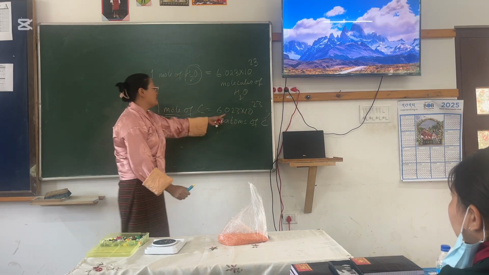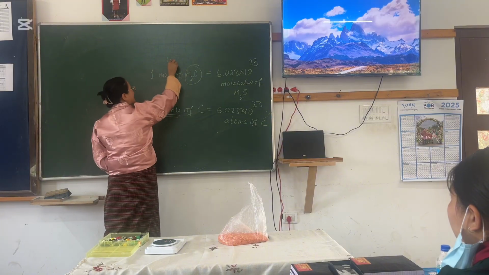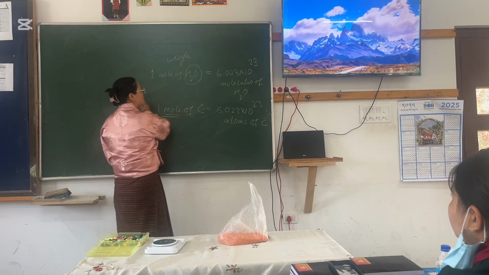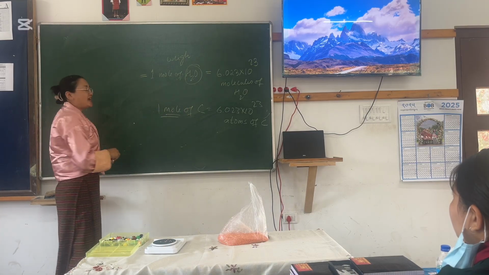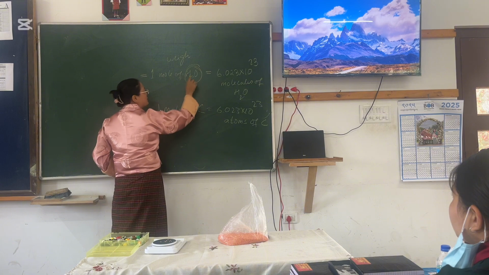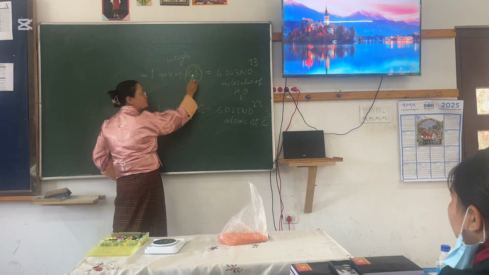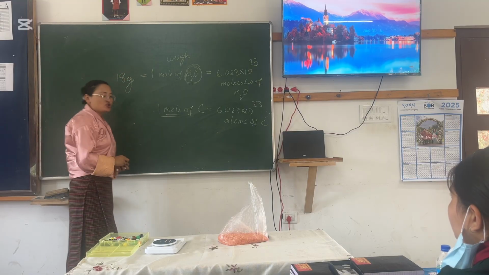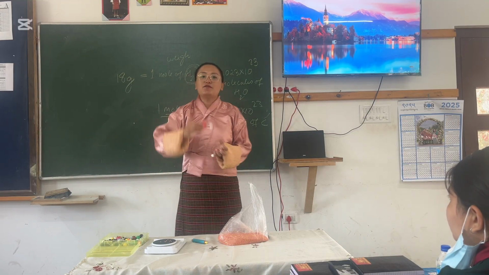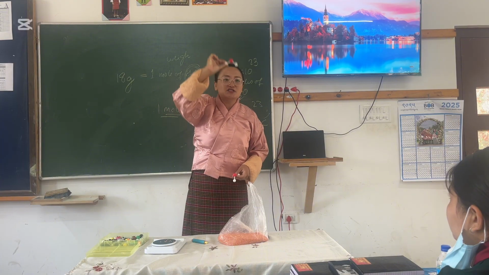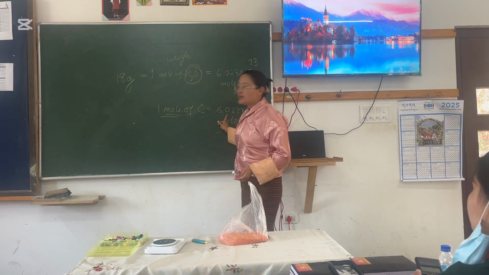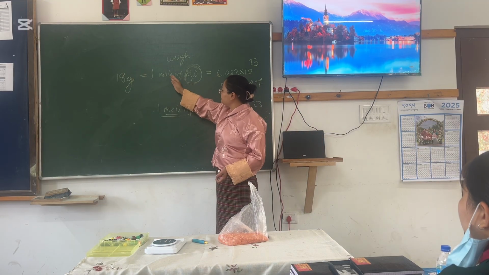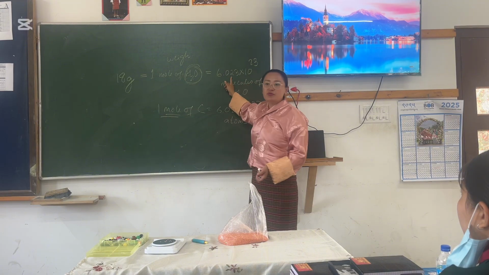But you can't count this number. So what you can do is weigh. You can weigh water, right? So how much water are you going to weigh to give me 1 mole? 18 grams, because the molecular weight of water is 18. 2 hydrogens, 2, plus 1 oxygen, 16. 16 plus 2, 18 grams. So in that 18 grams of water, the number of molecules present will be this much.